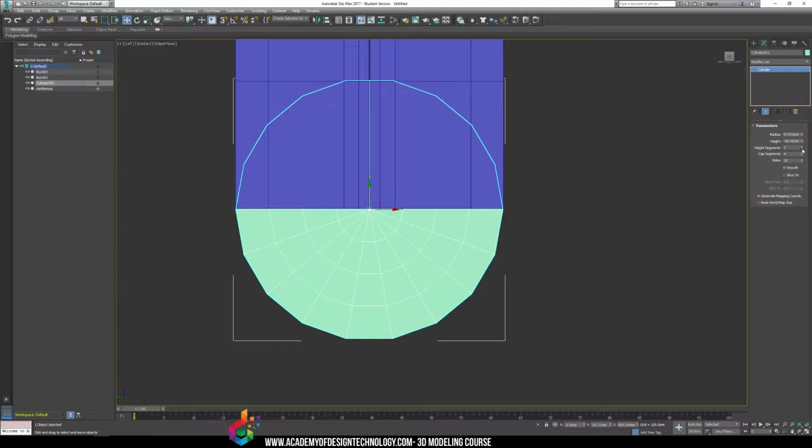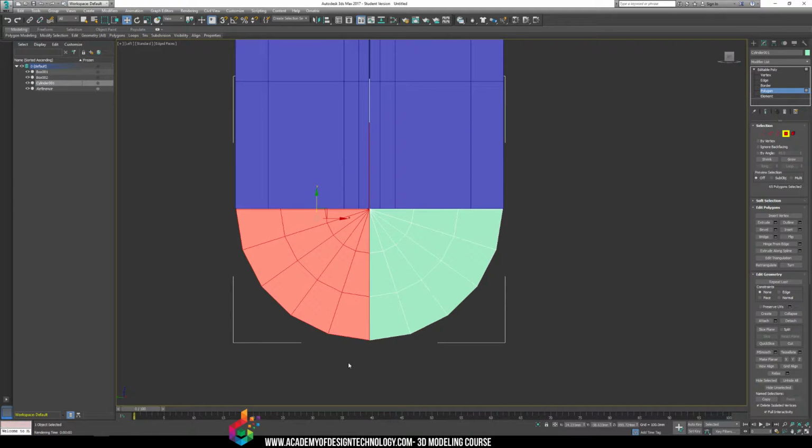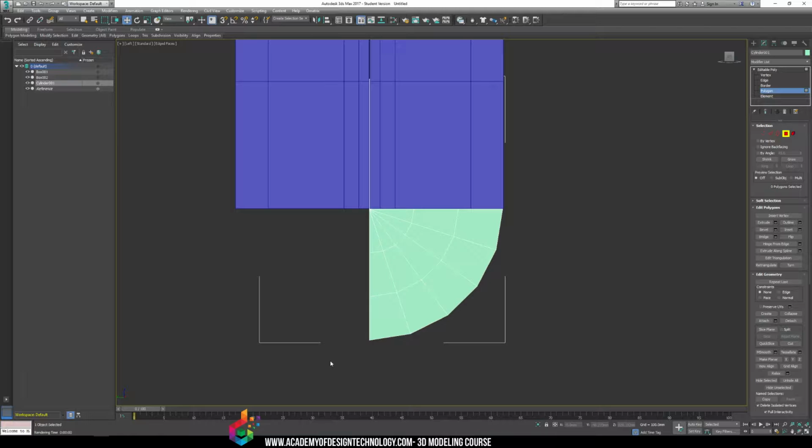So if I add, I'll turn this to 1 segment. And then I will increase the side amount until I get this. There you go. Convert to edit poly. And what I end up with at the end, I get this nice shape here. So this shape, what I ideally want it to do is I'm going to expand,